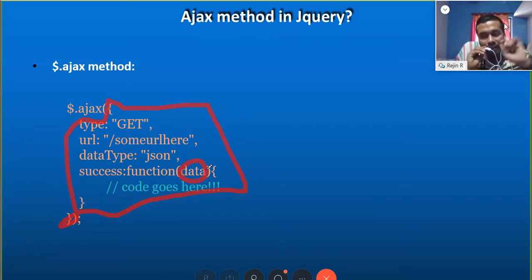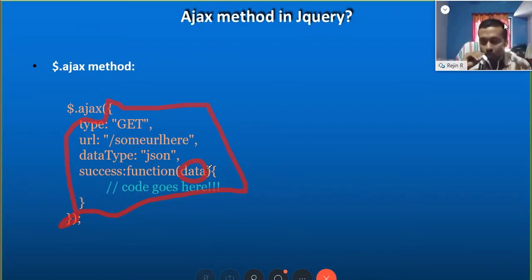In the previous example where we implemented Ajax in JavaScript, we needed to do several things. You have to open an XMLHttpRequest object, then open a connection, then send a request, then use the XMLHttpRequest object's onload or onreadystatechange, and within that you have to handle an event. The whole thing is simply represented with $.ajax in jQuery.